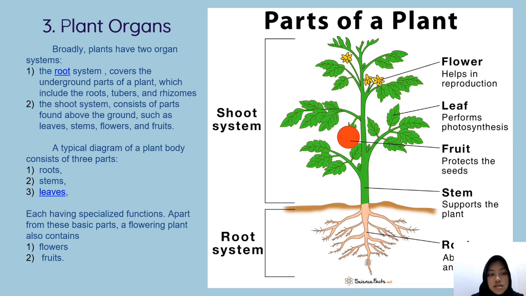A typical diagram of a plant body consists of root, stem, and leaf. Root is the part that lies below the surface of the soil. The top part of a root, the apex, is covered by a covering known as the root cap. The functions are absorbing water and minerals from the soil, storing food for future use, producing plant growth hormones, anchoring the plant firmly to the soil and providing support, and developing new plants from the roots of the old plant,